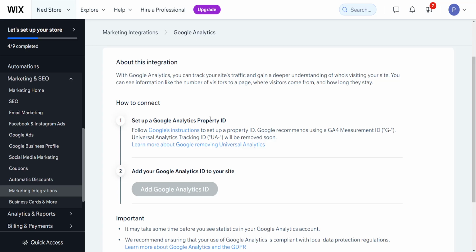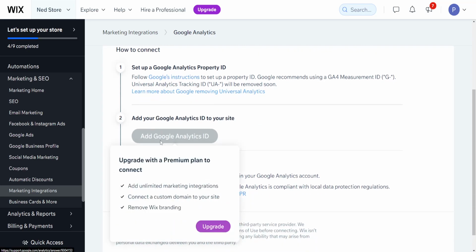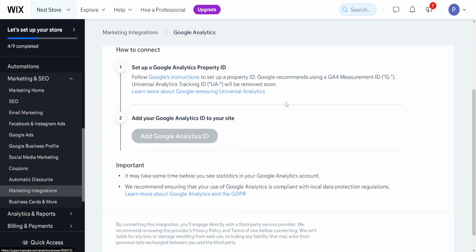So we have to set up a Google Analytics property ID. Google has some instructions which you can use by clicking on this hyperlink. It will tell us how we can set this up, and then it will ask us to add our Google Analytics ID here. But for this, we will actually need the premium version of Wix,